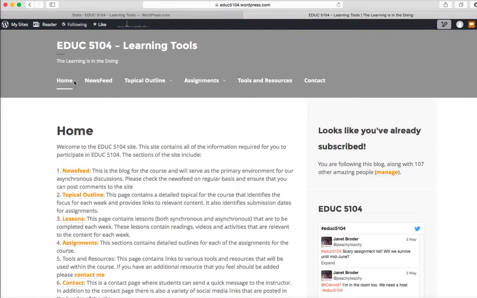So at the top you can see a navigational menu with all the different things, and one of the things that people had asked about was a topical outline. So what I've done is I've created a page called topical outline, and if you click on it you can see week 1 synchronous, week 1 asynchronous. Those links are actual pages where the synchronous and asynchronous classes will be held, and I will update this menu each week. So at the end of the course there'll be 12 pages that you can access through